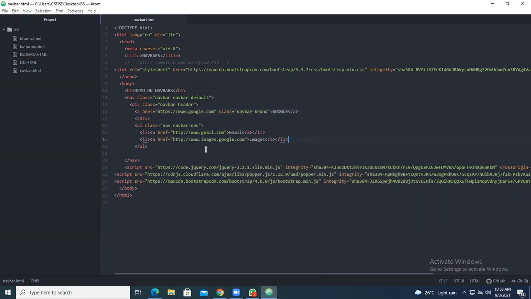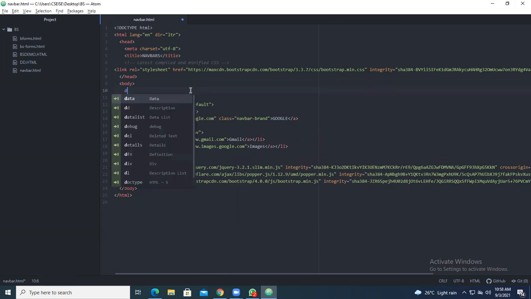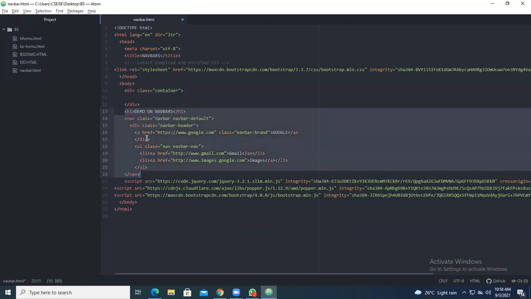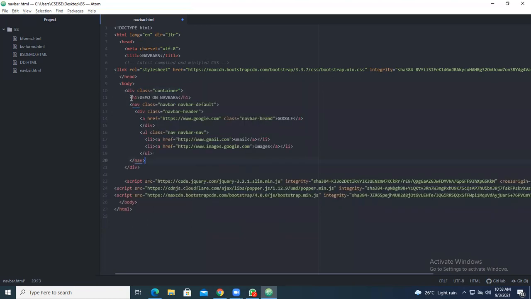So now after that, you can have some of the options. You add the content for each of the navbar. If the navbar should contain everything, it's better you add a div class after the body. So take a div, and under that you take the container class. Place everything inside the container class. So everything from h1 up to nav, Control X and paste the contents here, Control V.